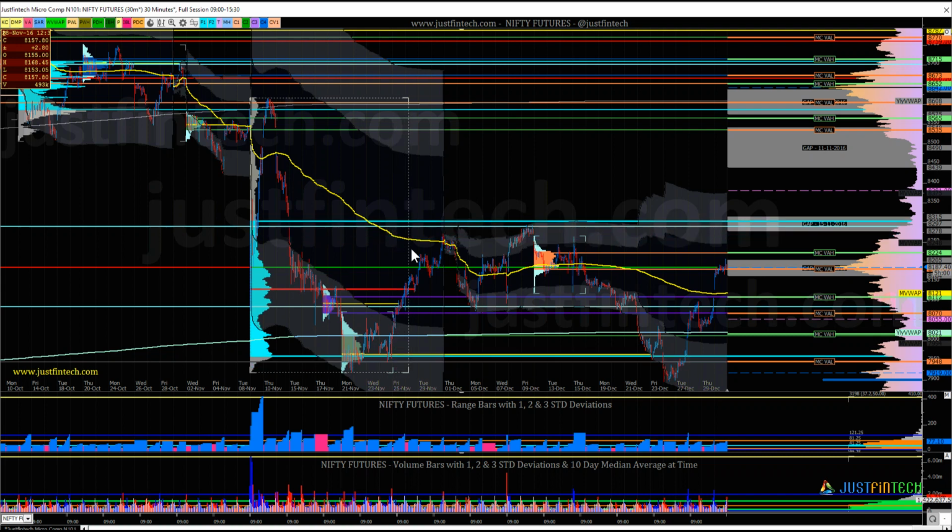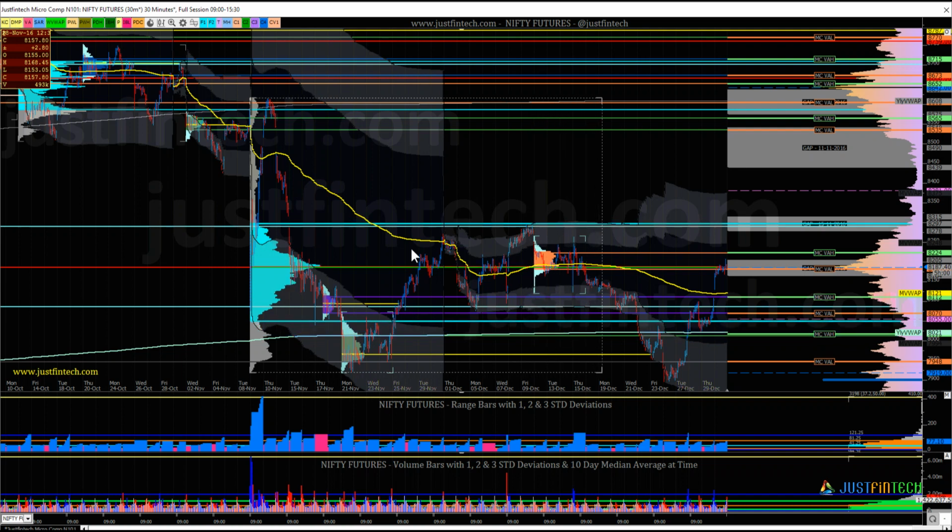Now let's keep on plotting this. If you see, this point of control has shifted up, and that means it is saying that the higher prices are being accepted now. It's still up, shifts further up, higher prices are still accepted. Now the value area low started moving up. Now if you see, when the auction made a new low, the point of control is still up there, and that means when you have a balance here